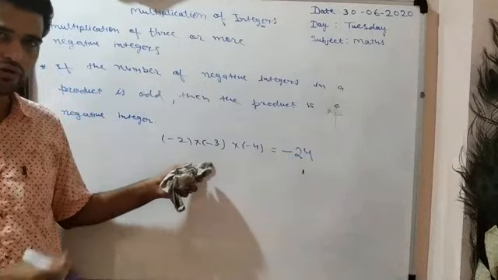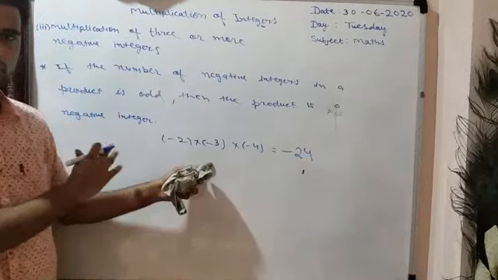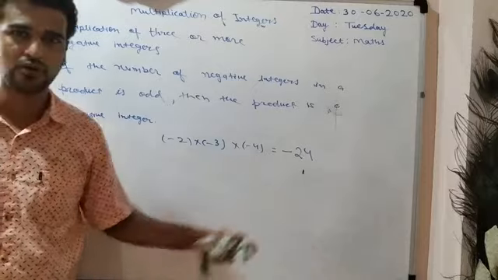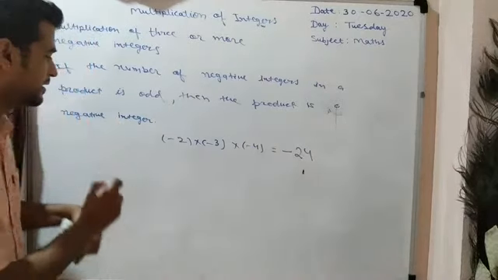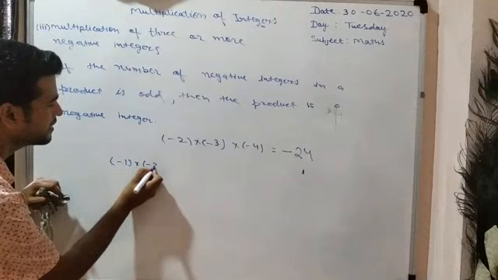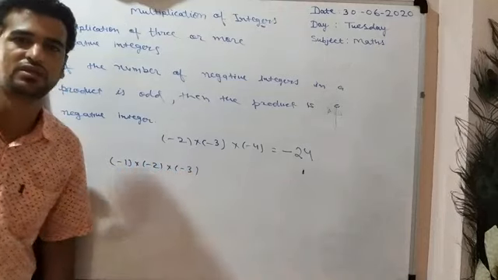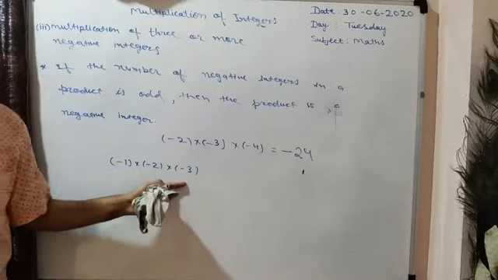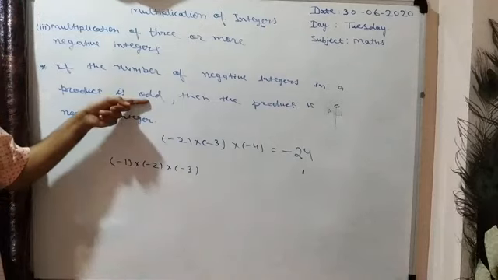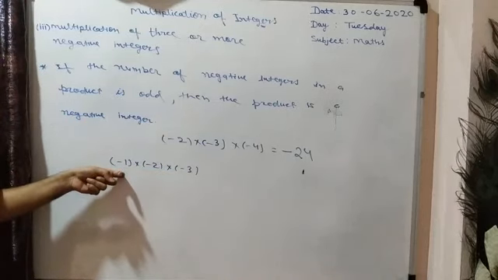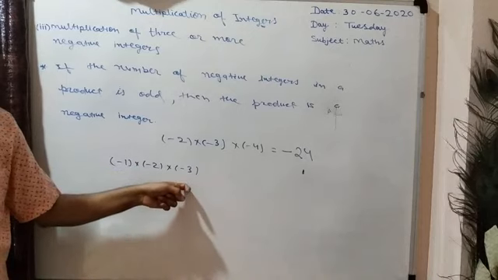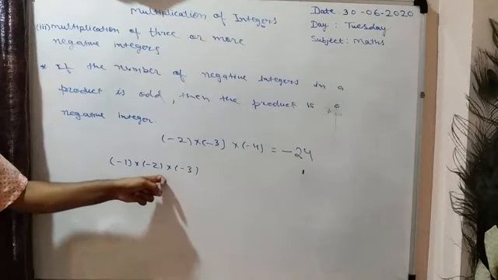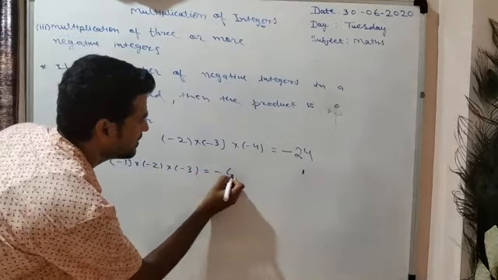We have already solved this example in the previous topic, just 5 minutes before in this video. So -2 into -3 into -4 should be -24. Take another example, -1 into -2 into -3. Minus minus plus, and plus minus minus, so the answer should be negative. And the same thing we are saying here: 3 negative integers. Whenever we multiply 3 negative integers, the sign of the result should be negative. So 3 2s are 6 and 6 1s are 6. So the answer should be -6.